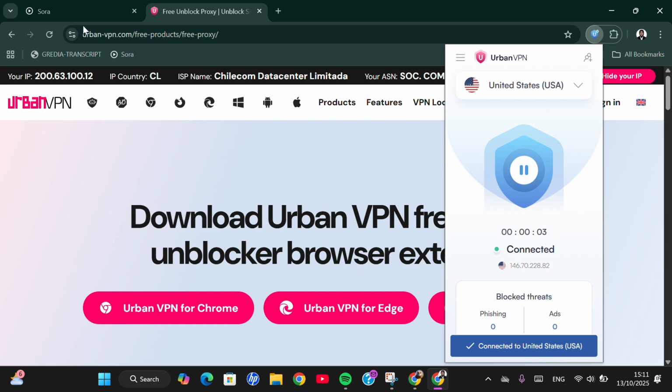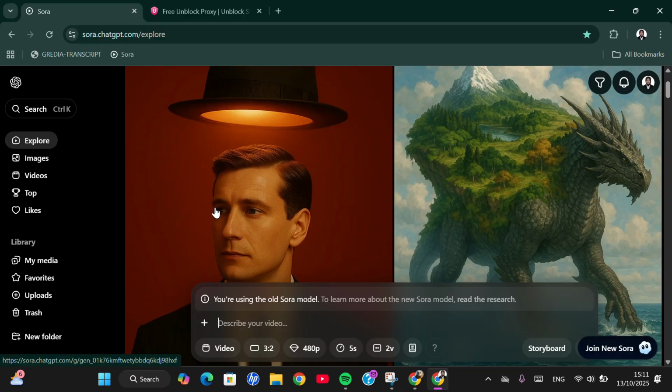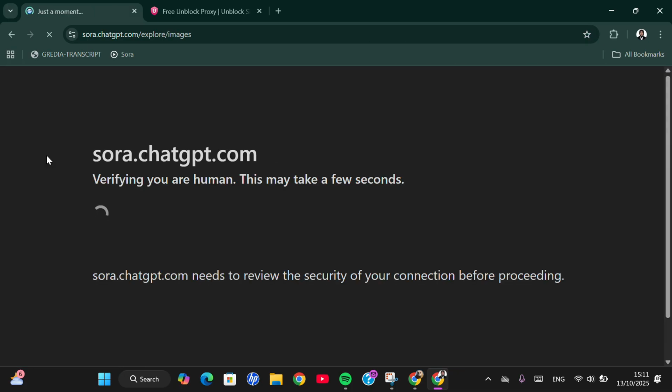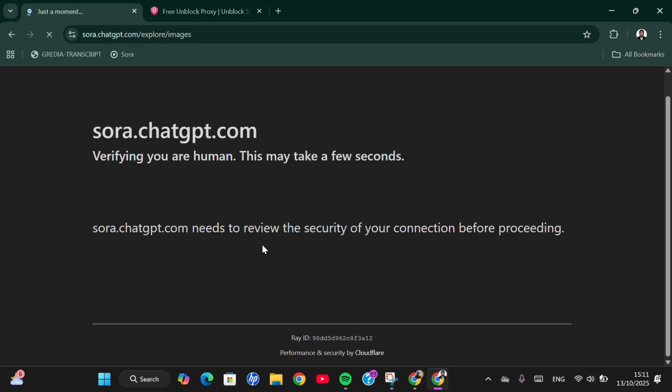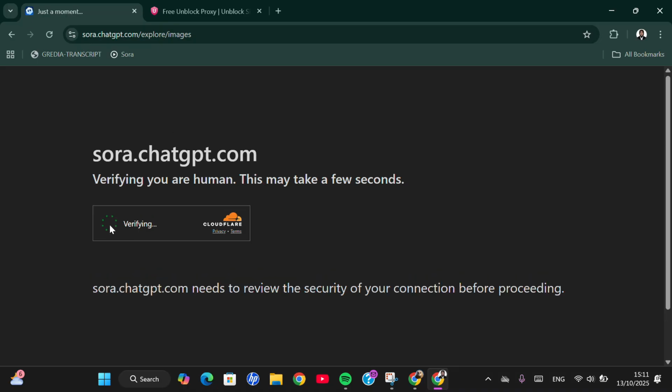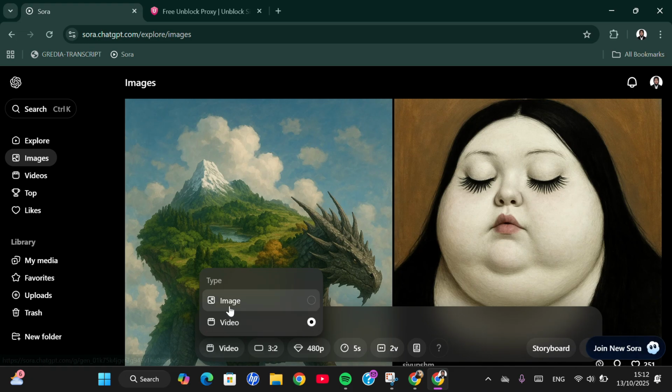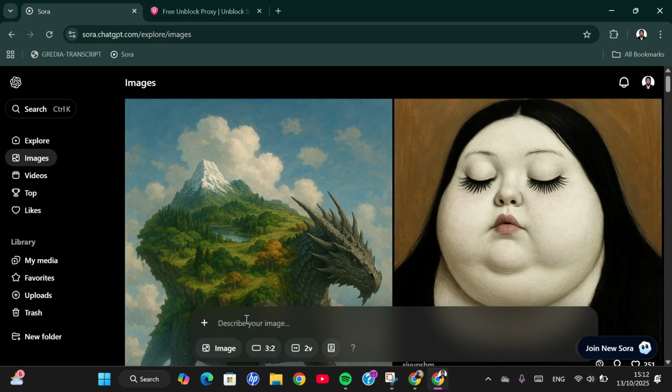Okay, done, and then you can refresh your Sora, and here you can describe the image that you want to create. Okay, go to the image and wait, I need to verify that I'm human. Okay, done for the verification, and then I'm going to choose image because if we want to generate a video,